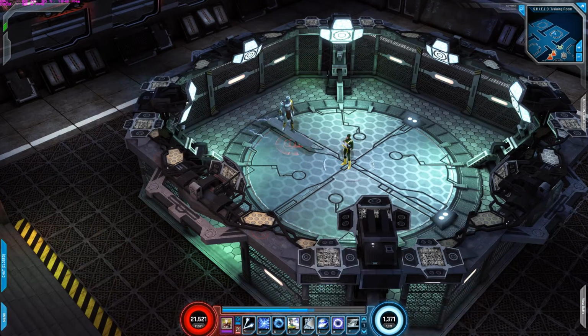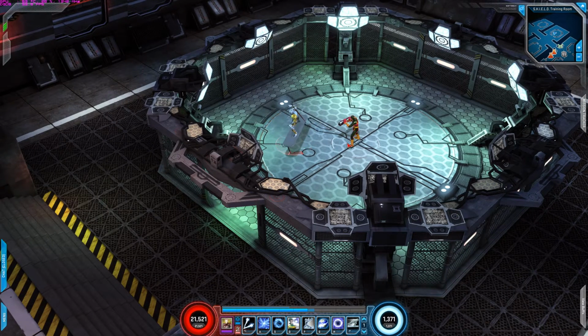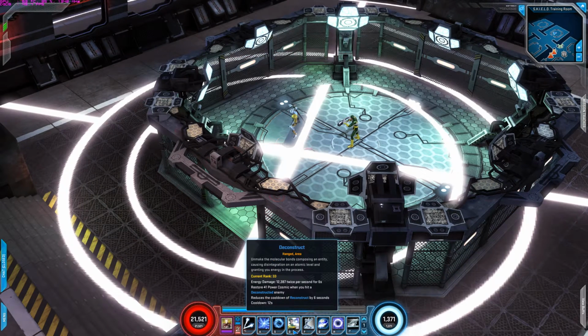Okay, I'm going to activate Deconstruct, so that way you can see how it looks when enemies are affected by that power. See that? That's how you know that they're affected by Deconstruct. So any damage that I do, I'm going to gain Power Cosmic. Alrighty. Okay, so continuing on my rotation, Subspace Rift, Deconstruct, and right after that, activate the other two powers, which